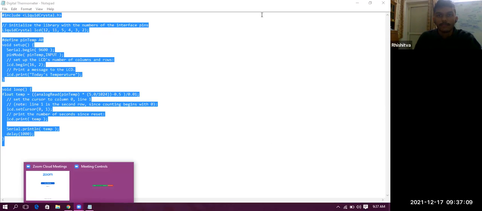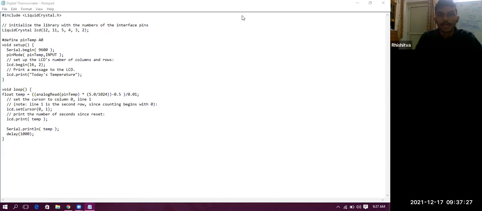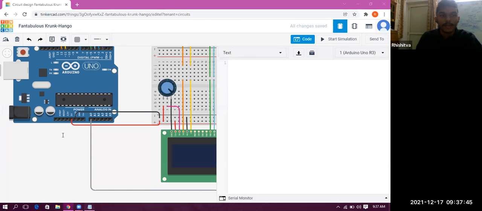Most probably the code may get hindered a little bit. So you try to look if there is a certain mistake in the code or not. So I have pasted the code in the chat box. You can copy paste it in your WhatsApp. And then later on, when you are making the circuit, you can just copy paste it and see if there is any syntax error, right? When you run it, there may be a syntax error, but try to make it like the one I have made in the notepad. Okay. So now over here, I will just paste it.